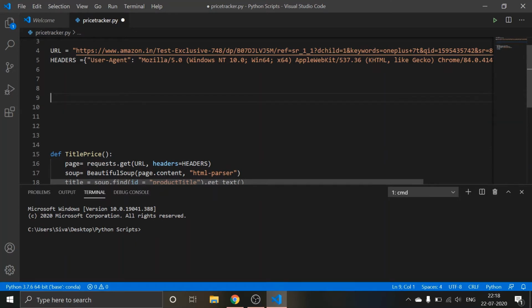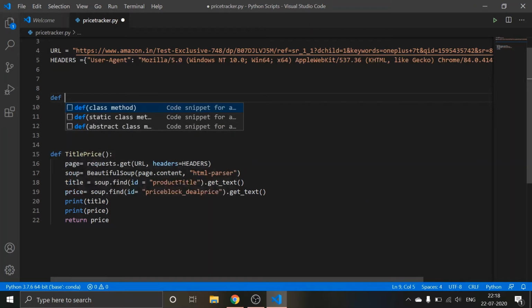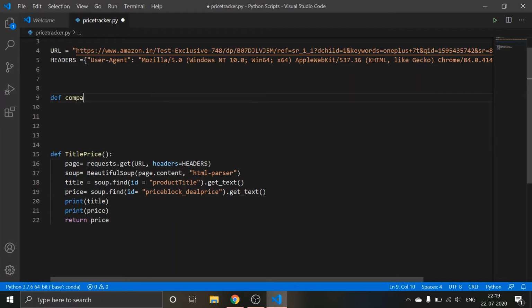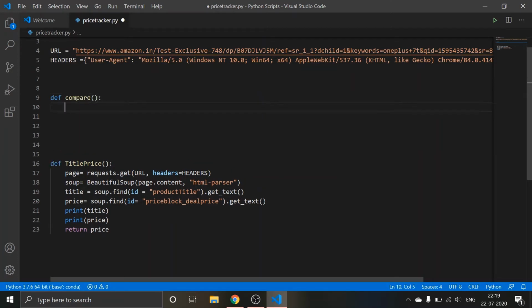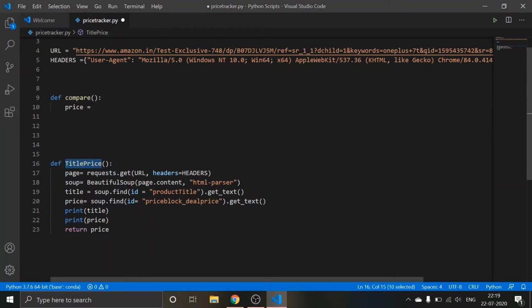Sorry if this one is bothering you, let me create another definition. Let me name it compare. This is another function which I am doing. If price is equal to, I have to call this function now.